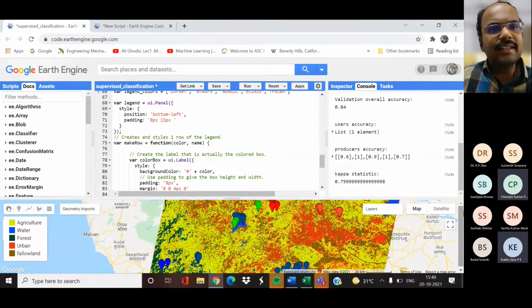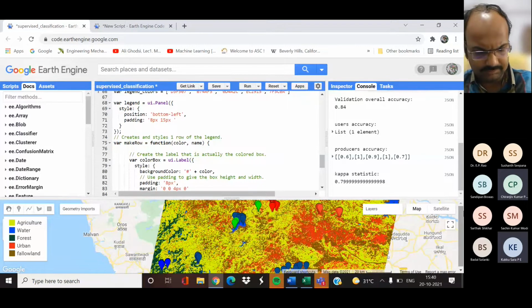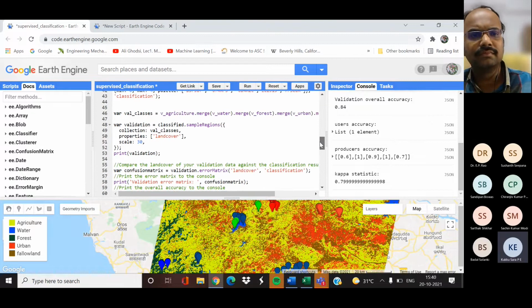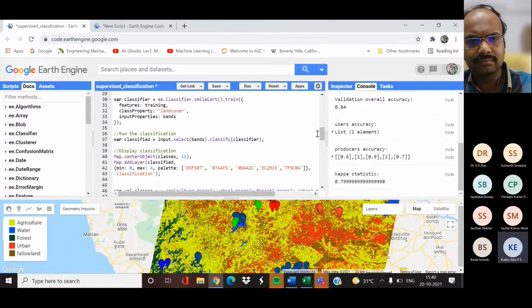Sir, in the previous session or exercise, we didn't take any bands into consideration. Here we have taken only 7. Can we not take all the bands? Actually, like last class also, for surface reflectance only 7 bands are there. That's why I have taken the 7 bands. So there also you can take 7 bands for supervised classification. I just randomly selected the 7 bands.